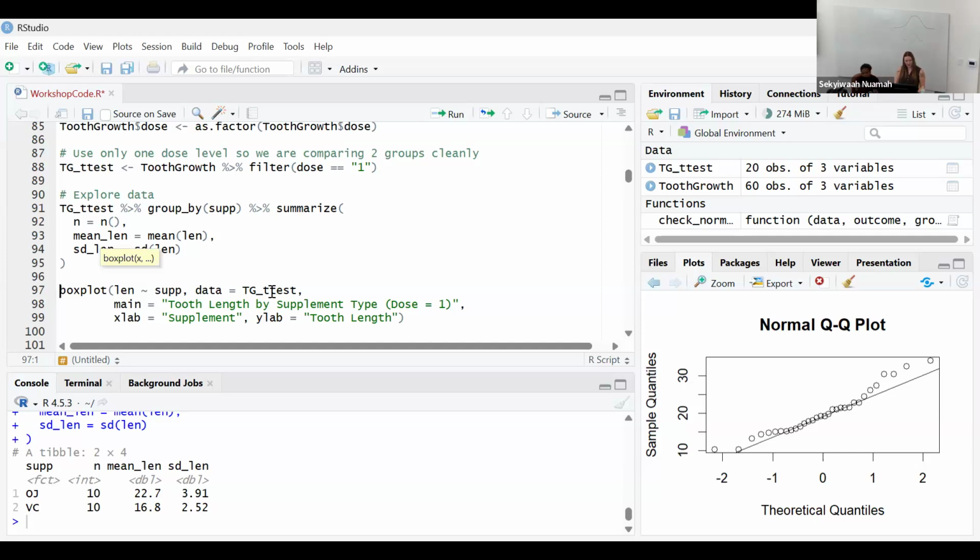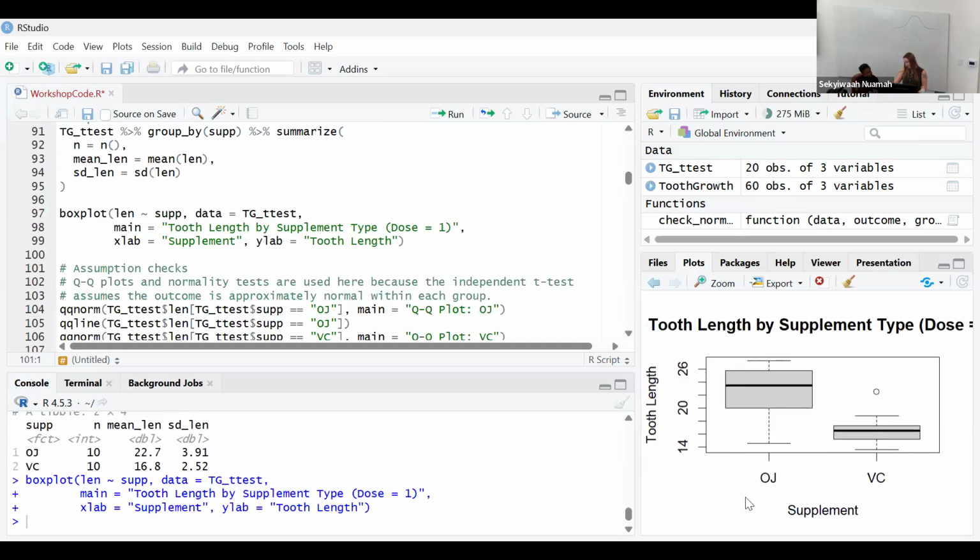So let's go ahead and look at a box plot. If you look at the orange juice one, it seems most of the values are much higher than